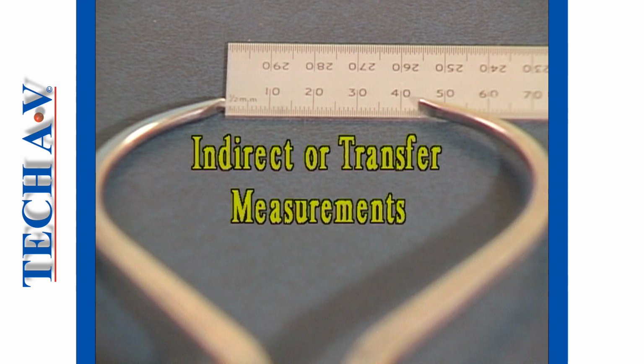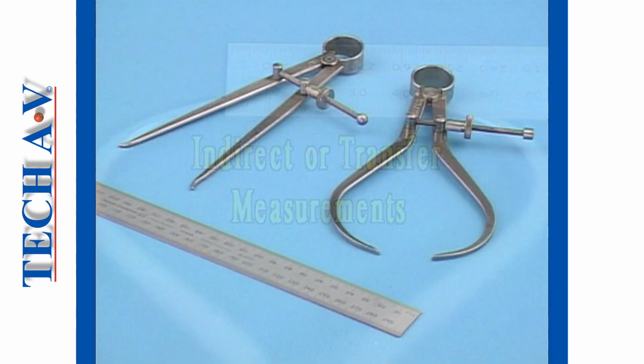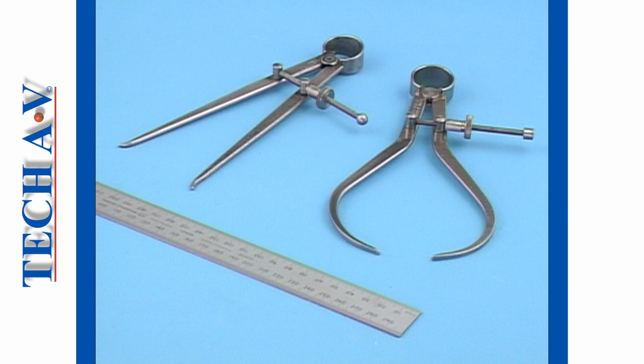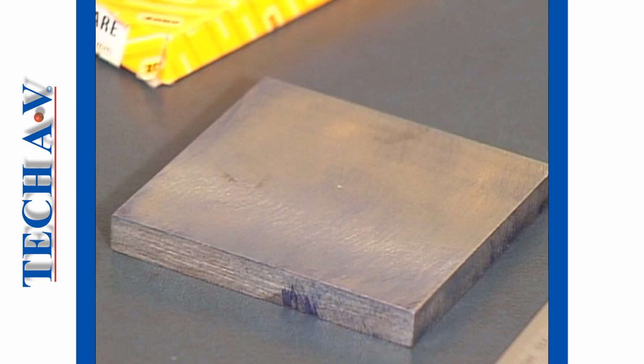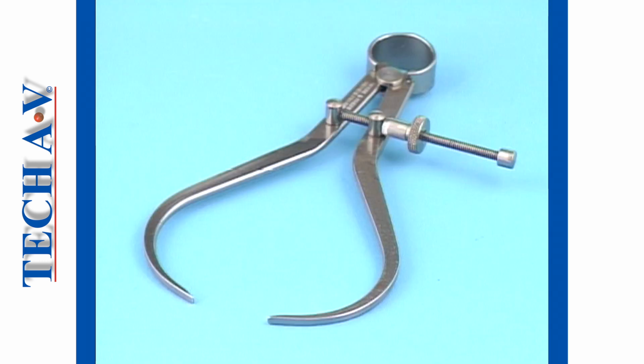Welcome back as we now look at ways to make indirect or transfer measurements. To make transfer measurements, we must use instruments called calipers, and we'll also need our engineer's rule. In our first example, we'll measure the thickness of this piece of metal using this caliper, which is called an